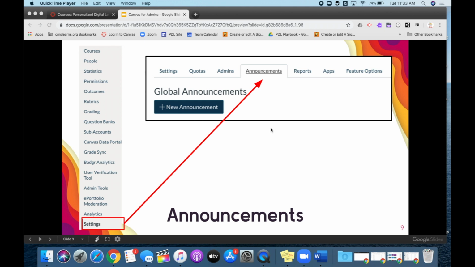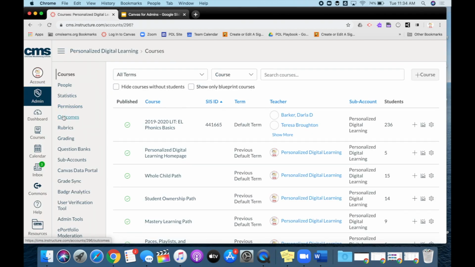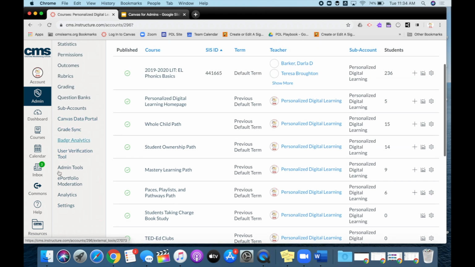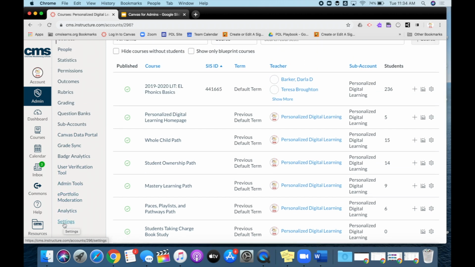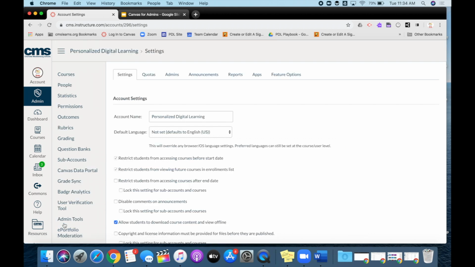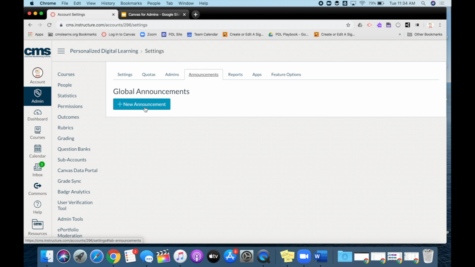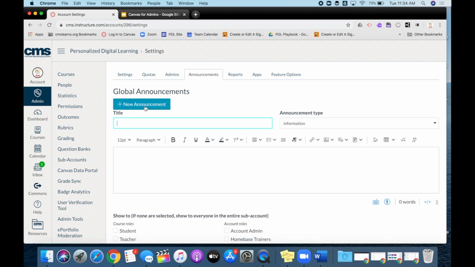In your admin section of Canvas, you will have the ability to do things such as add global announcements that can go out to all members in your account and all courses, and you can also add additional administrators in your account. If you scroll to the bottom in your admin course menu, you have an option that says Settings. When you select Settings, you will get several tabs open up, one of which says Announcements. You can click this Add New Announcement button and create a new announcement that can go out to all members